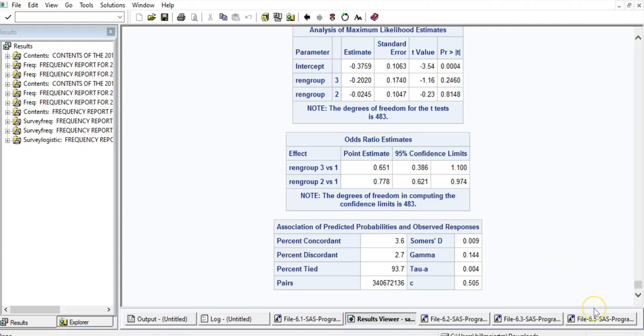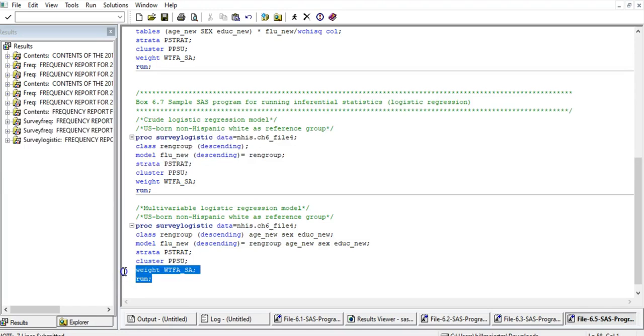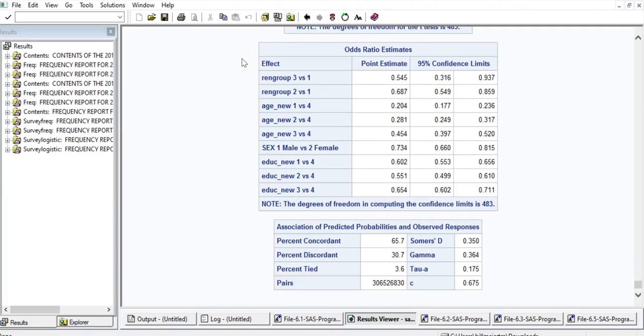Now let me adjust for age, sex, and education. Here you can see that the results changed. Our point estimate is 0.545, and our confidence interval is 0.316 to 0.937. The point estimate tells us that Arab Americans, or foreign-born Arab Americans, are 45% less likely than US-born non-Hispanic whites to receive a flu vaccine. So now going back to the presentation,